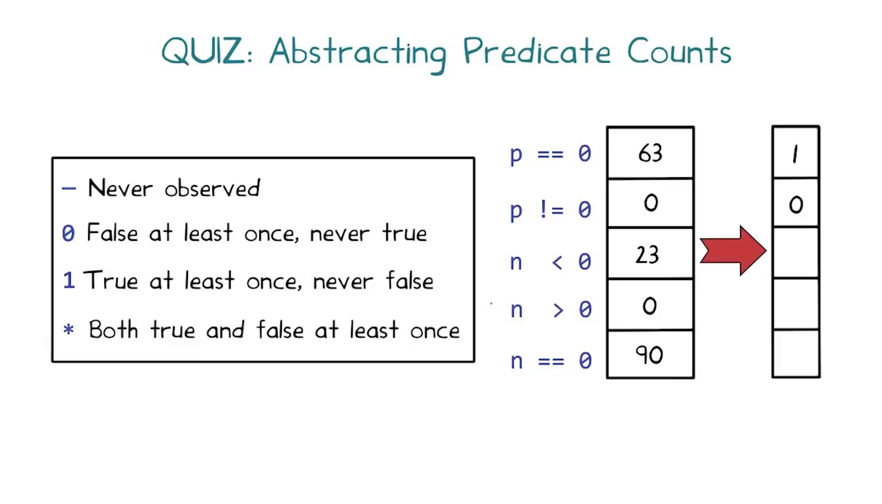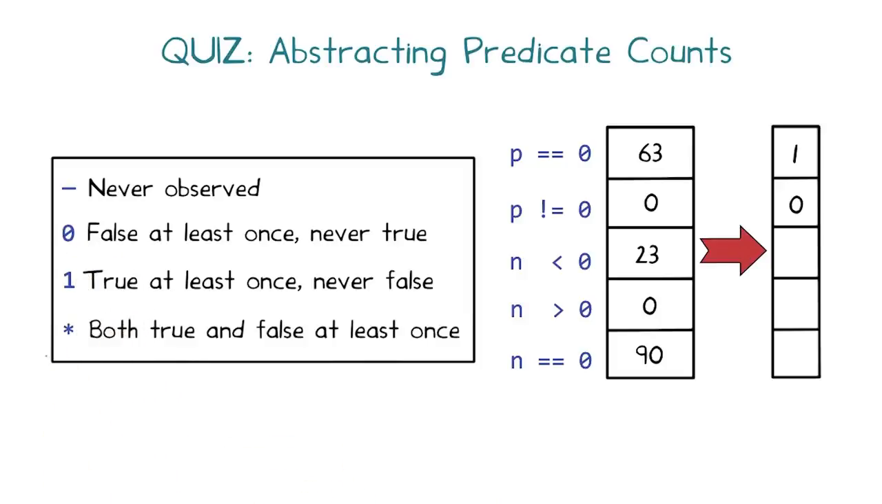information. Now go ahead and complete this table to abstract the predicate counts for n less than 0, n greater than 0, and n equals 0. You can use the box on the left if you need to remind yourself what each of the 4 abstract